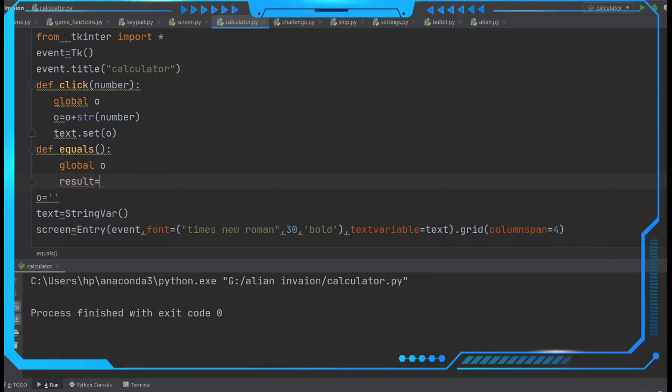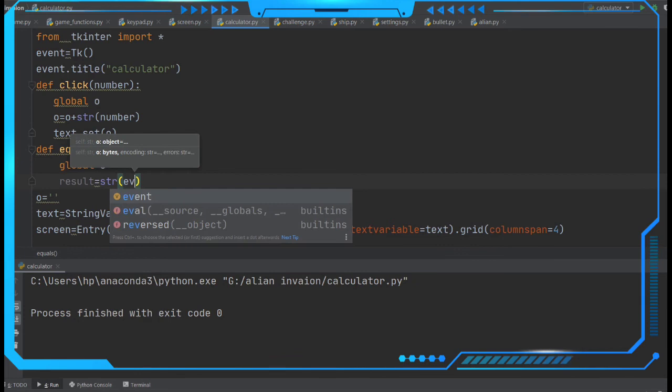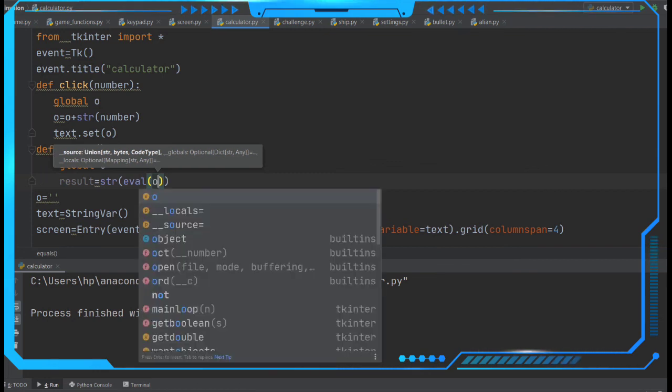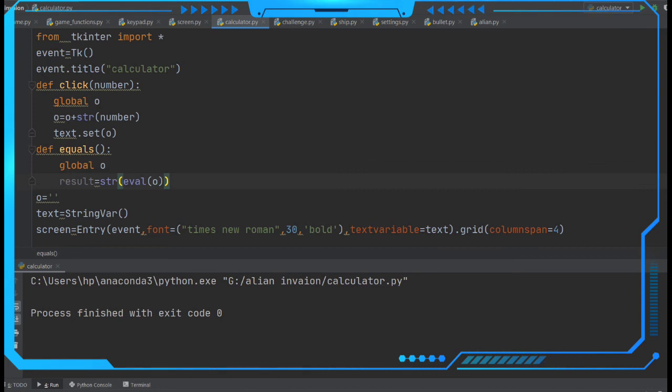If you are going to give the plus here, then it's going to add. Whenever you give minus, it is going to subtract. So we have to write the result over the screen. That's why we are converting it to string. So evaluate, we have a beautiful function in Python, eval. Whatever the content you give in this evaluate, it will give you the output. If you give plus 8 plus 9, then it is going to perform that operation like plus. If you give minus, it is going to perform the operation.